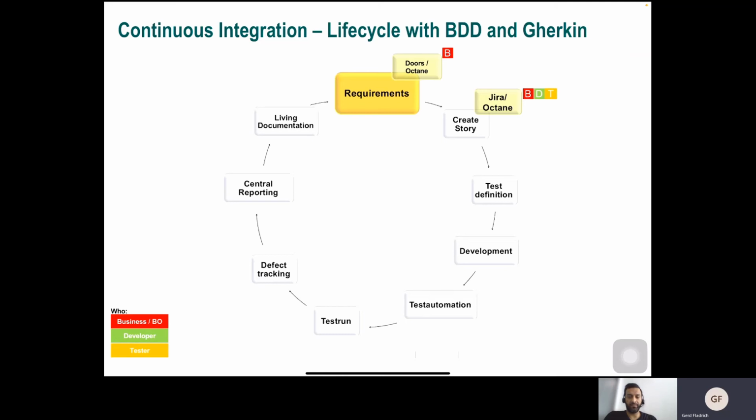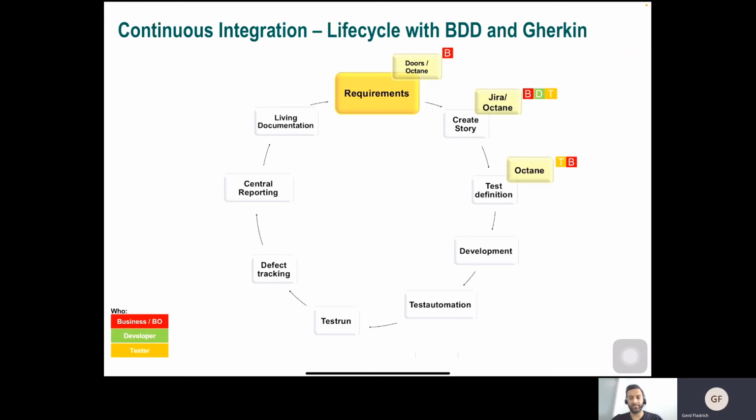Then the next step is to create a story, the user story, as I explained before. And in this project, we have decided, okay, we have some developers who like Jira more. Surprise, surprise. And we decided then, okay, let the developers work in their tool, because they usually like to work with what they know, and that's fine. Of course, you can also synchronize here with Octane, and you can have the same information in both tools, and you can synchronize this in both directions, so you will not miss any information, and everyone from the project is happy to work in their tool.